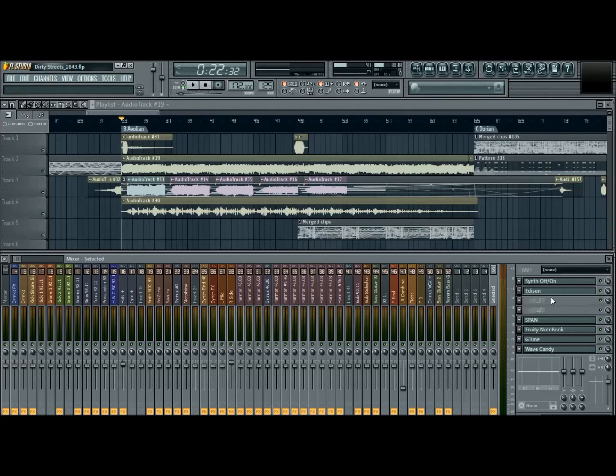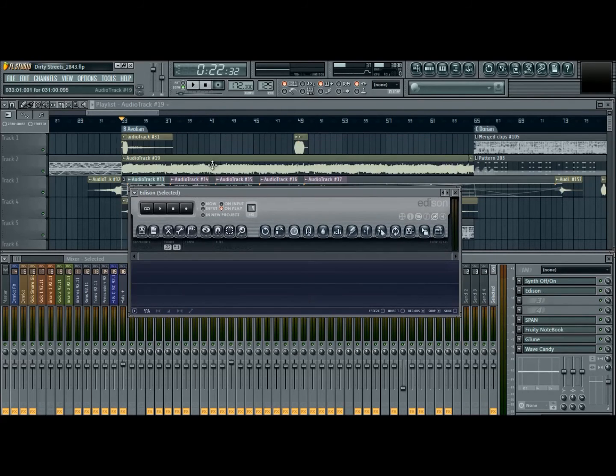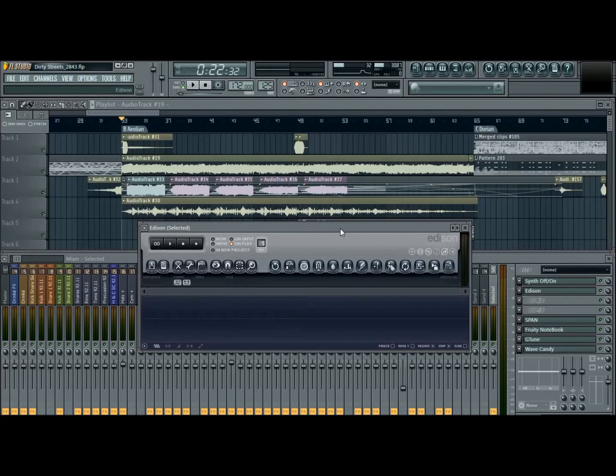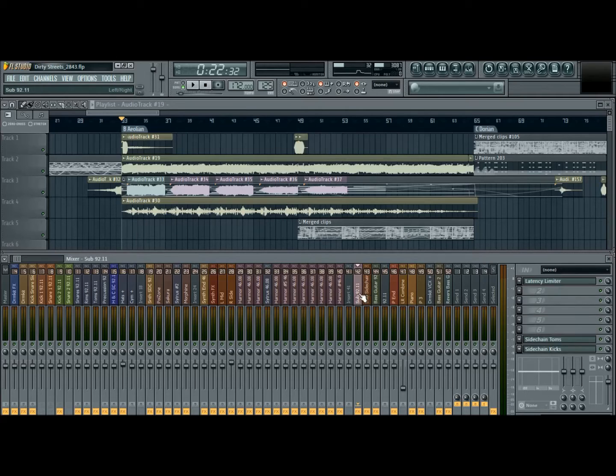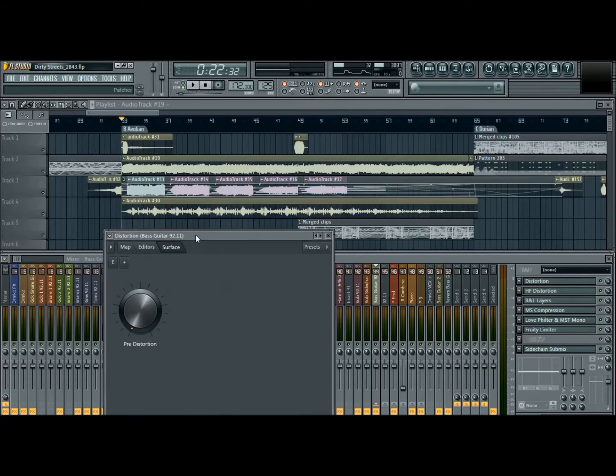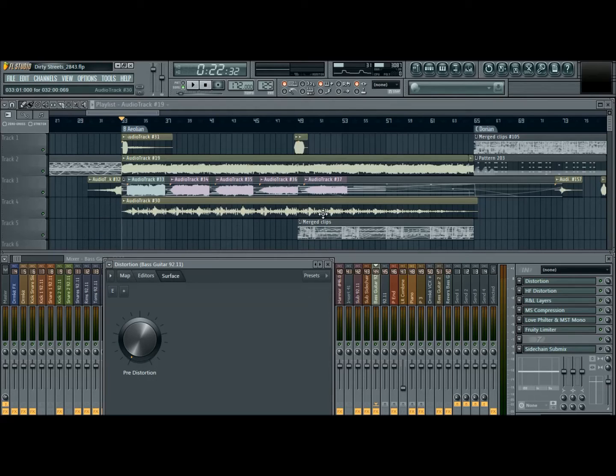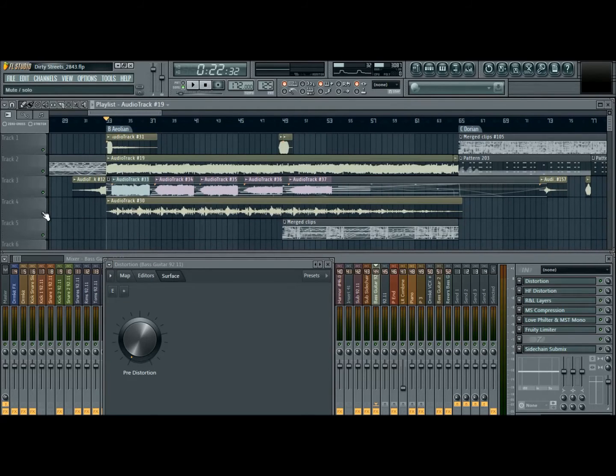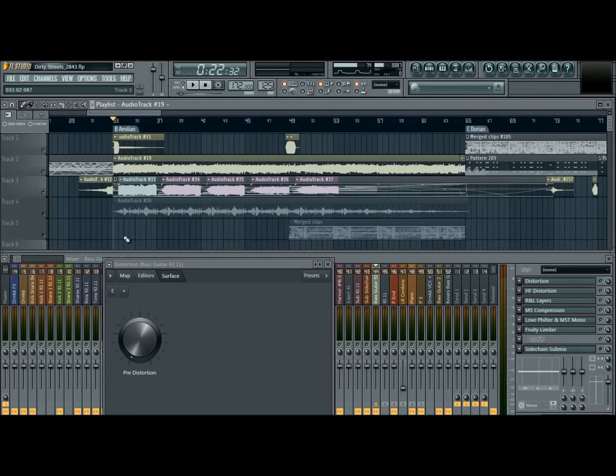And of course between the stages, I open them in Edison and EQ it, denoise it, normalize and do whatever, a lot of stuff. And then I open it as a sample and send it into a bass guitar channel. On this channel, I keep the effects and do not resample them, because there are effects that are actually being triggered as the bass guitar is playing. So let's just